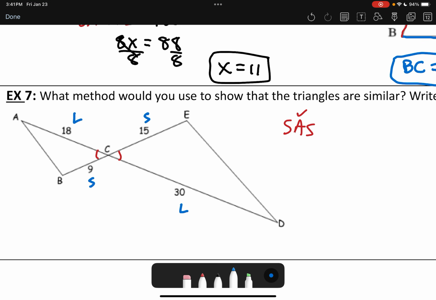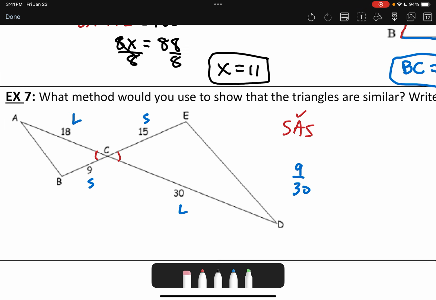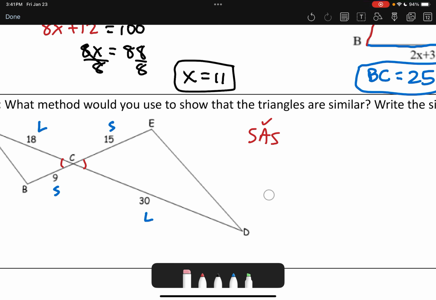The last thing I'd like to happen is a situation where you mislabel and you end up doing 9/30 because these are not corresponding, right? So that's why we label. So if we end up doing this as a ratio, if we do small over small, we're looking at 9/15. Large over large would be 18/30. Now, if we simplify,